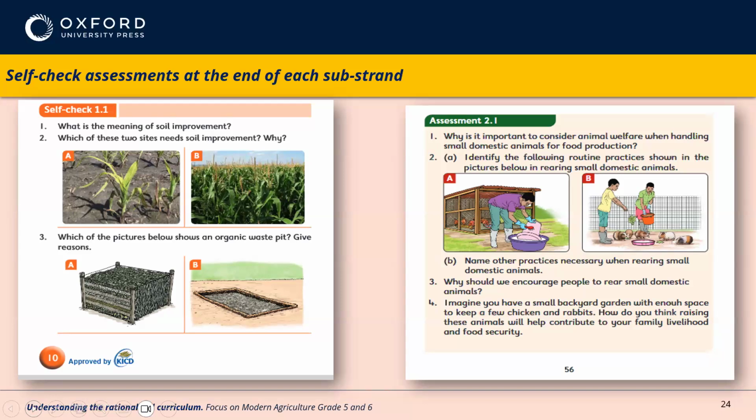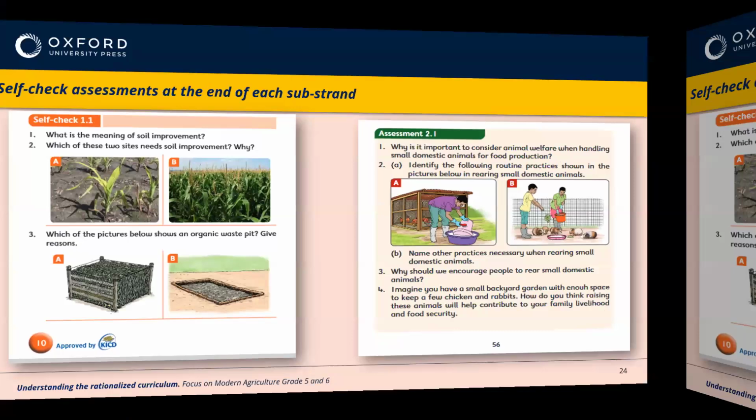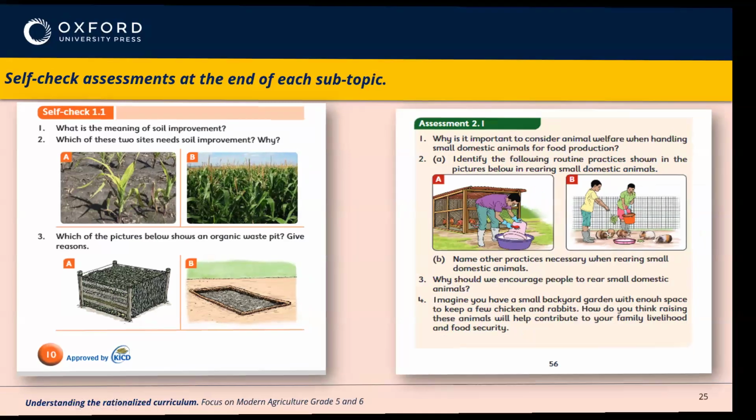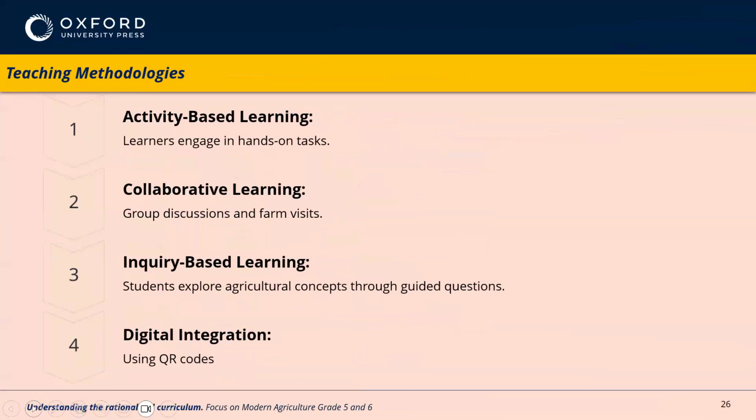If you go to page 56 of the grade 6 book, you will find an assessment assessing substrand 2. You can see there's the substrand 1 of strand 2, talking about animal welfare. So there is a self-check, which is an assessment at the end of each strand to measure or assess whether the content was well delivered. So if you look at those books, next slide. Yeah, good, we're there. If you look at those books,